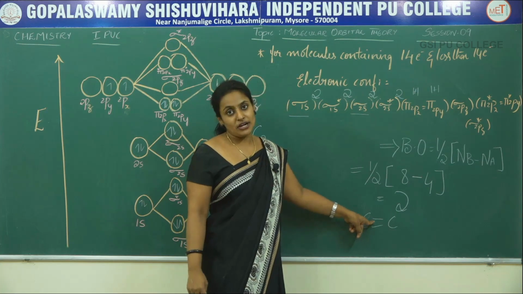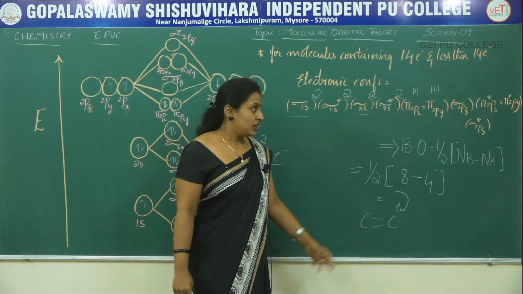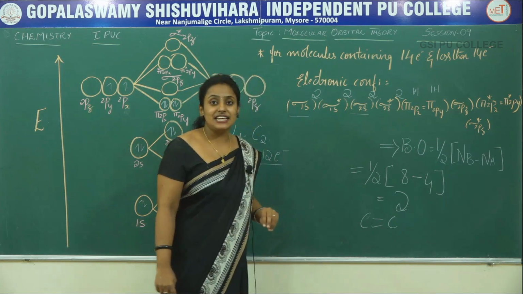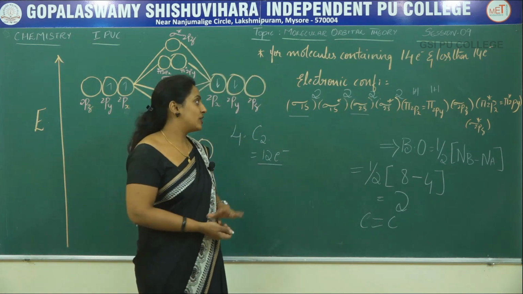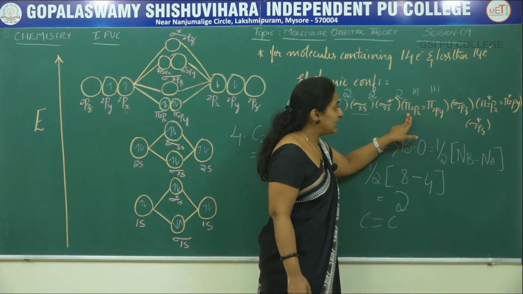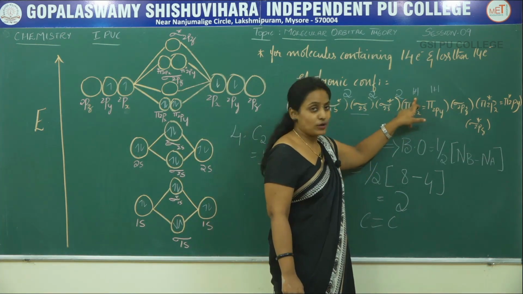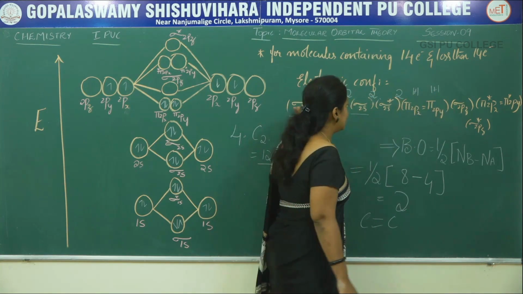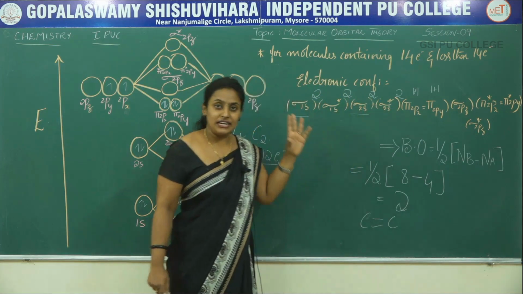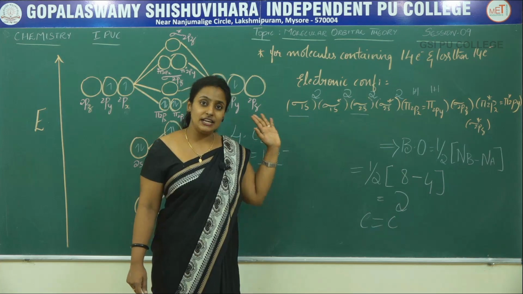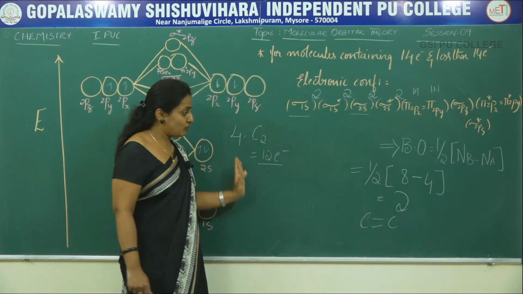One would be the sigma bond and other would be the pi bond. This is about the bond order of the carbon molecule. Next, the magnetic nature. You can observe here all the orbitals have been completely filled. Here also the pi orbital has 2 electrons. This pi orbital also has 2 electrons. Therefore, this orbital has been completely filled. Therefore, the magnetic nature would be diamagnetic in nature. This is about the carbon molecule.